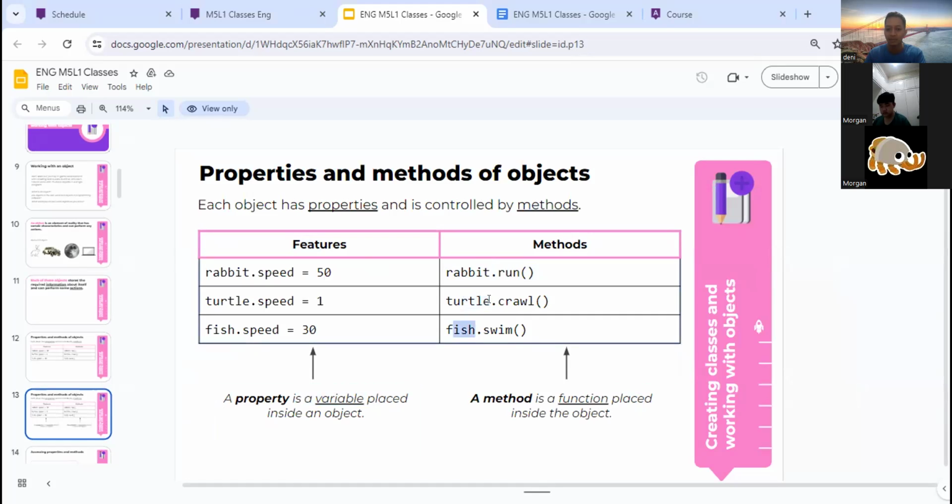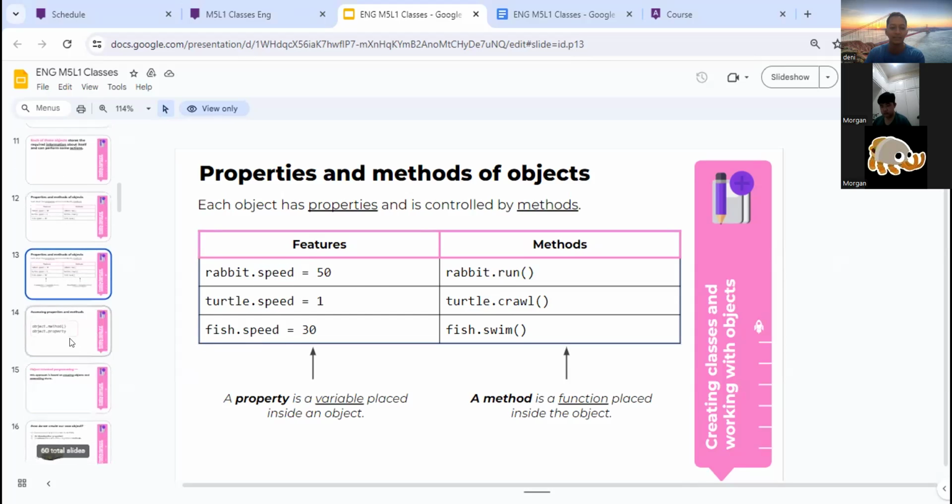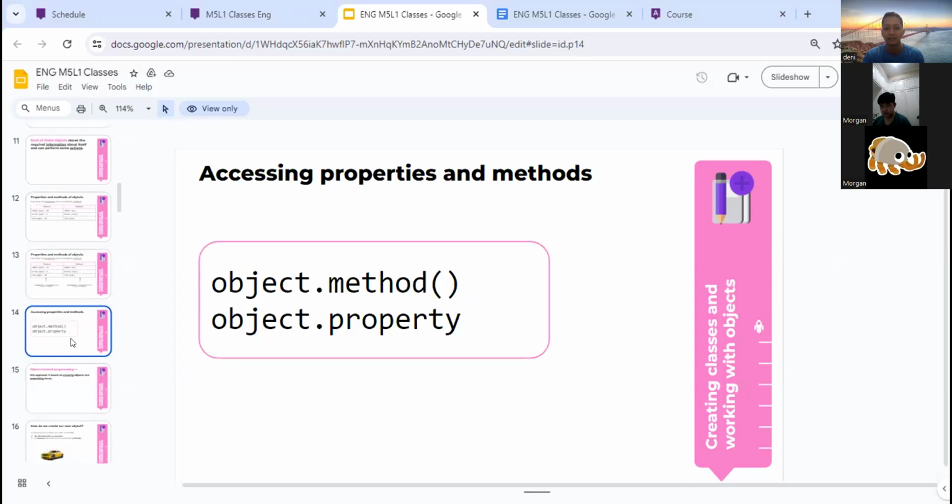Each object has a different speed, but they have the same variable. We access properties and methods like this: object dot method, and object dot property.